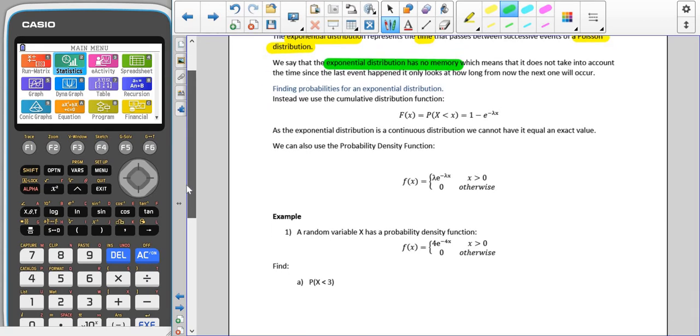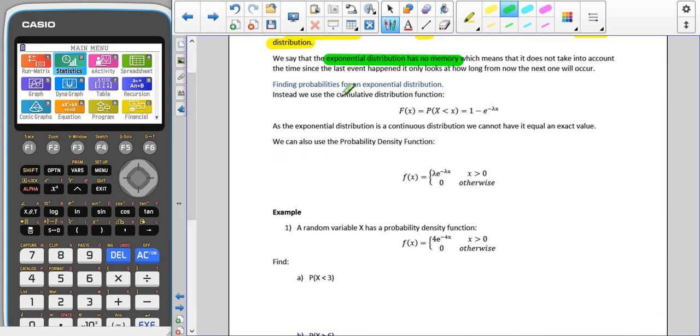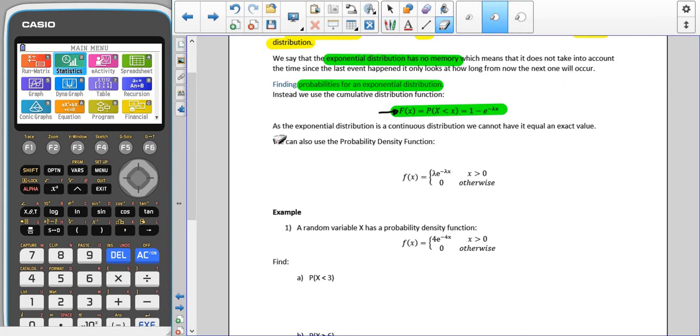The exponential distribution is a little bit different because we have to find the probabilities using this cumulative distribution function here. As you can see, this means we're having to put some stuff into our calculator to get the values. Just another thing to point out is that this is a capital F. That means that it's a cumulative distribution. Don't get this mixed up with a little f, which gives us the probability density. This one is cumulative, this one just gives us the probability at that time. So just be careful with that.